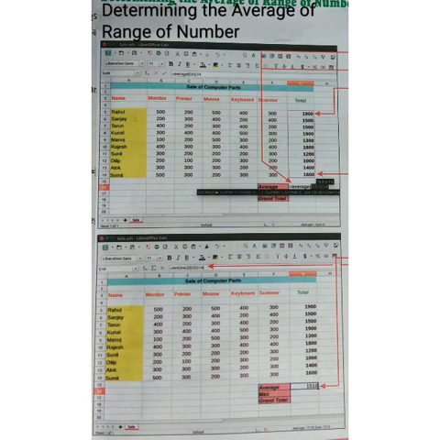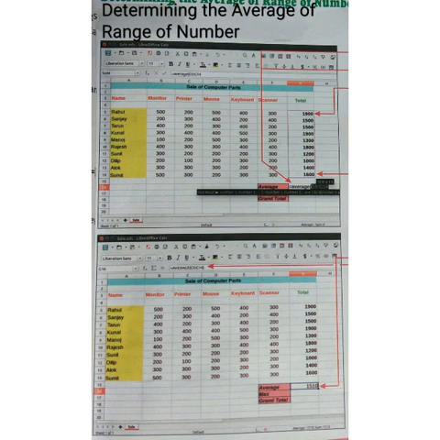Now see the steps. First of all, if we want to take out the average, the first step is to select the cell where we want the answer. In that window, they selected the cell G16 for the answer.